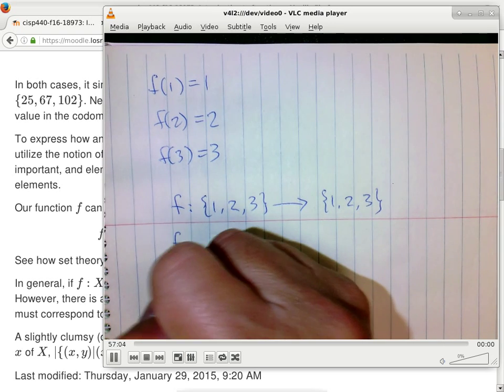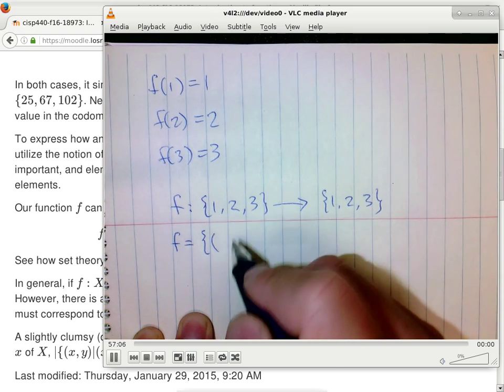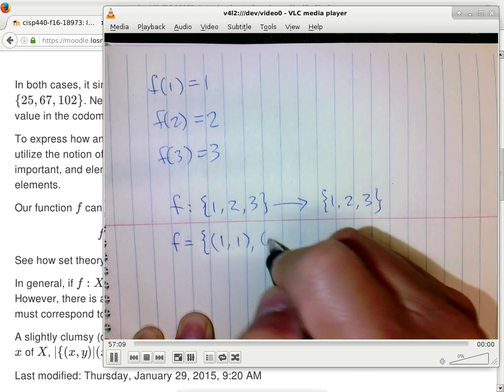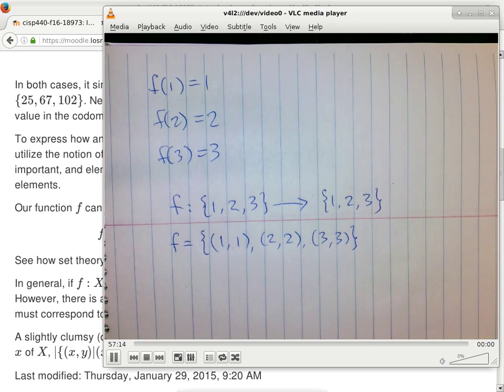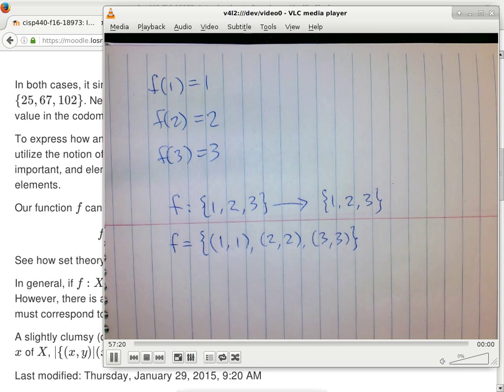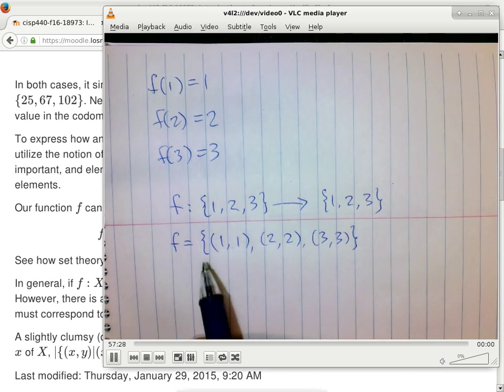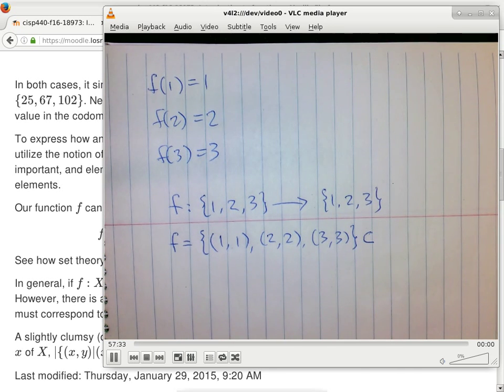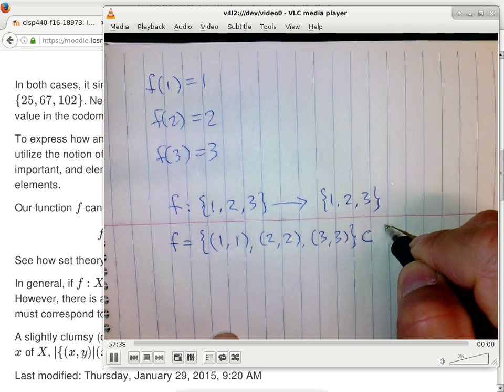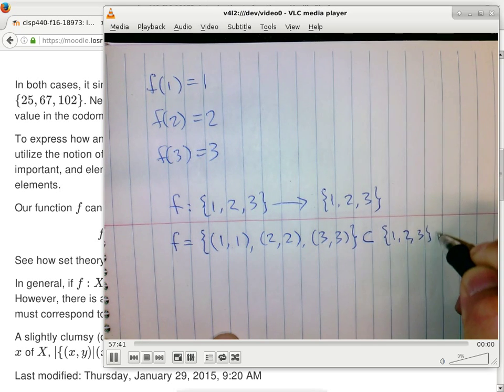But when you define F as a particular set, okay, it maps 1 to 1, it maps 2 to 2, it maps 3 to 3. That is function F. Are there any questions about this way of spelling out the details of function F? It's just an alternative way to describe it compared to this one. It's just the other way to do this. But this is actually a proper subset of the Cartesian product of the domain and the codomain, because the Cartesian product of {1, 2, 3} and {1, 2, 3}